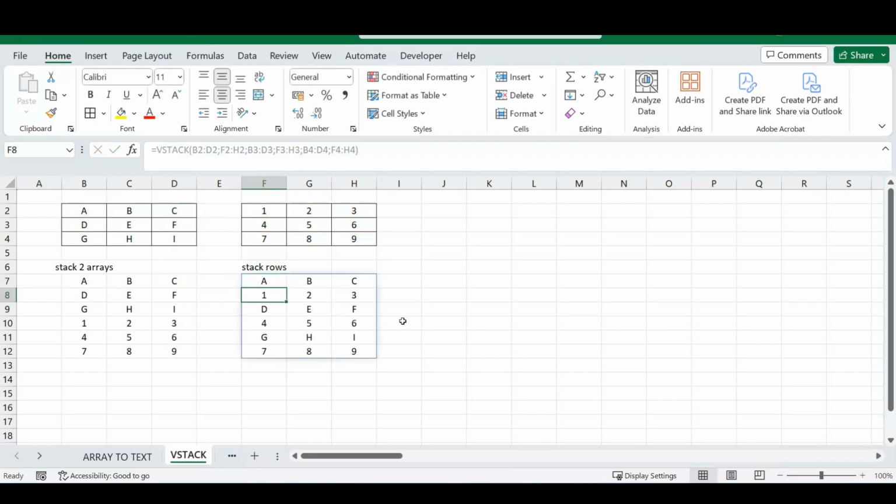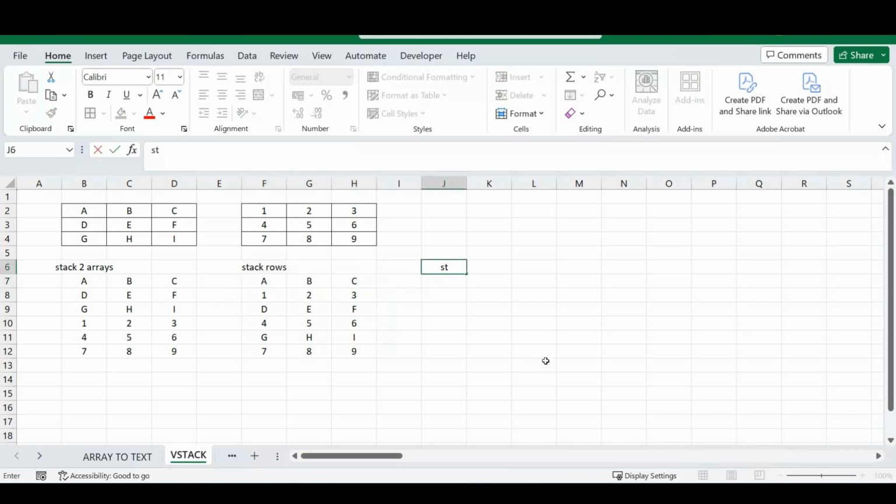So once we've done that, we can stack these rows on top of each other. So now we've got our first array that we selected, our second, and as you can see, this is staggered, and this you can do with your data depending on what you want to get from this formula and function. But it's a great way to use this, and we can even use it to stack